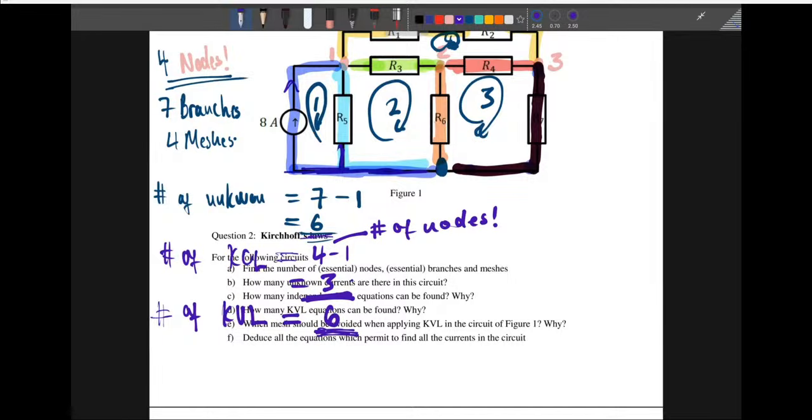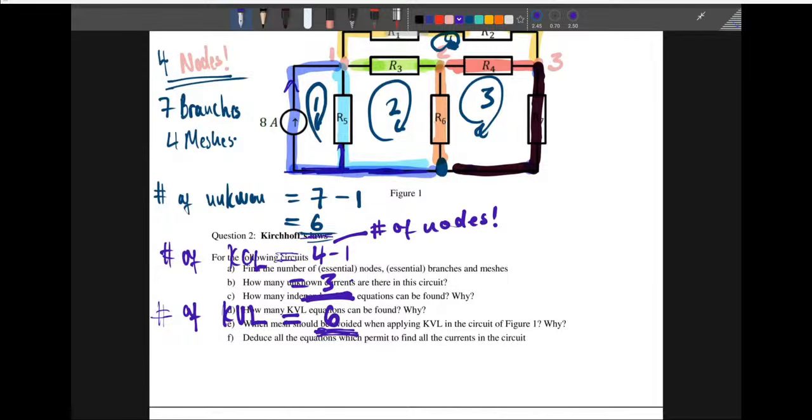Now we can actually have your number of unknown currents being the same as the number of branches. Remember, because in each branch there's a current. But in here they are combining to meet at the center, so we are going to do that. That is why I'm doing it. Either way, let's talk about